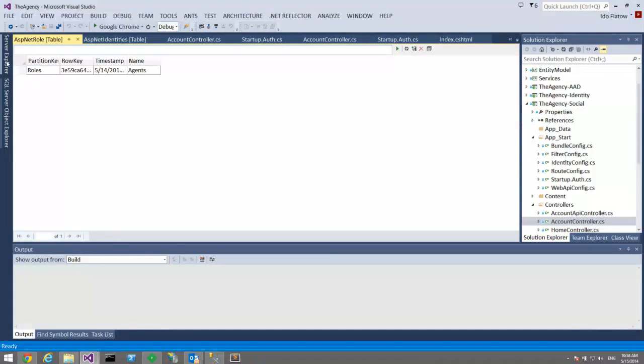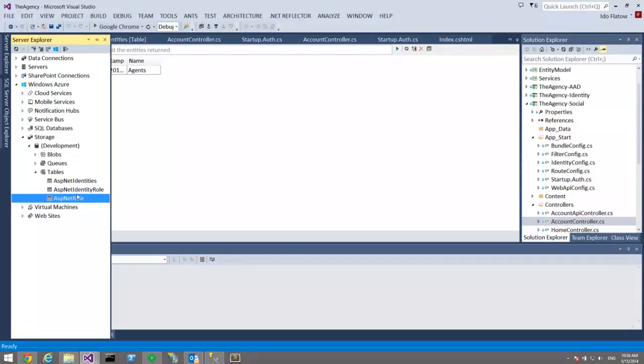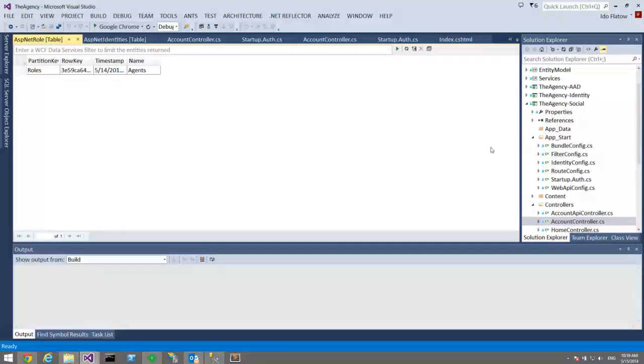Okay, and I basically just created some code. It didn't take me that long. It took me about an hour to create custom code that uses Azure table storage and implements every piece of user management, such as add a user, delete a user, update a user, add a user to a role. I just implemented every one of those methods using Azure tables. If you want to try that out, as I mentioned before, the code is here, including all the steps of how to hook it up